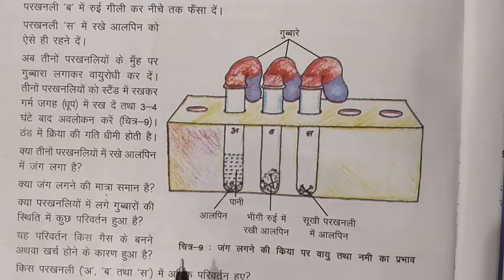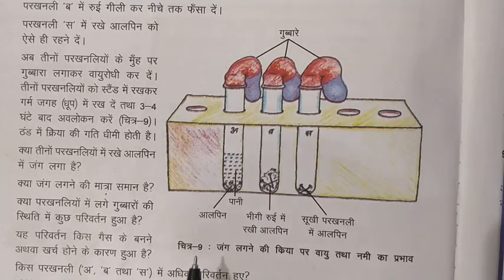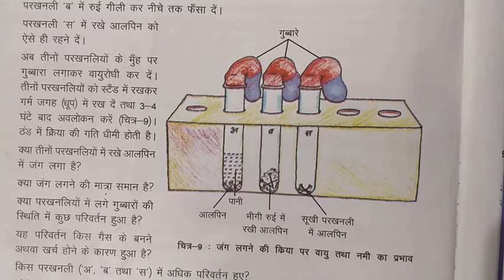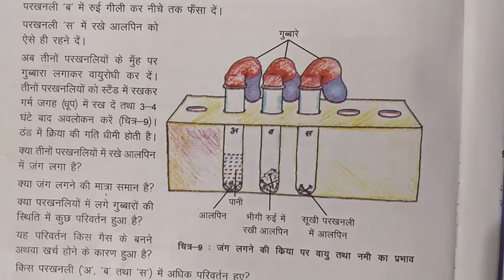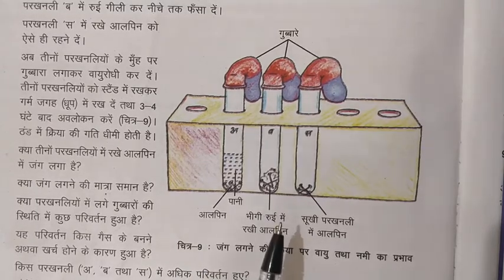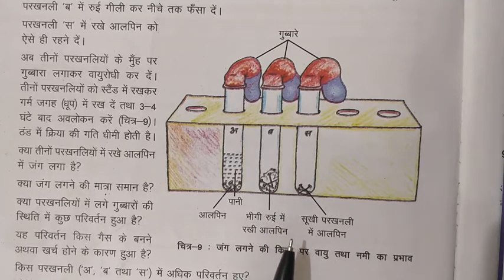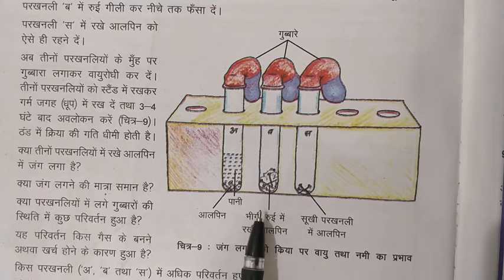10th class. Now we will talk about corrosion. Active metals like zinc, aluminium, and iron react with oxygen and moisture and are converted into their respective compounds, whether it is oxide. This process is known as corrosion.